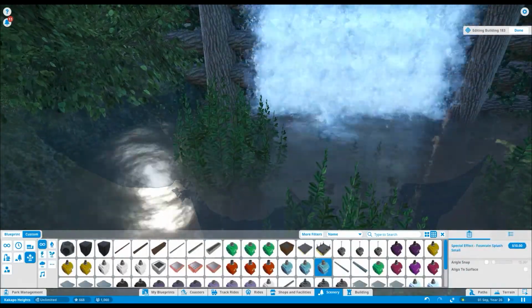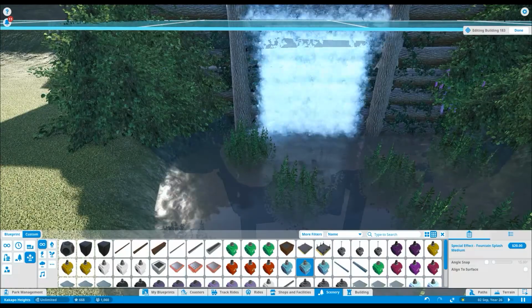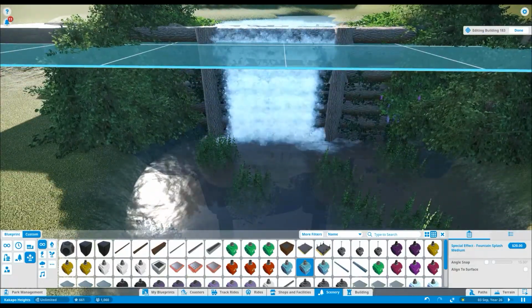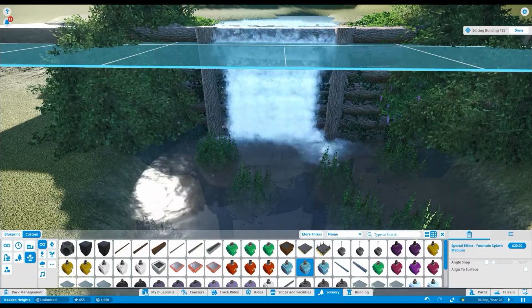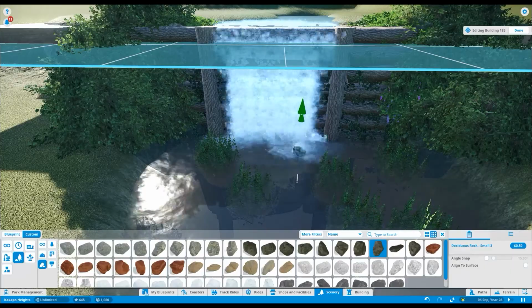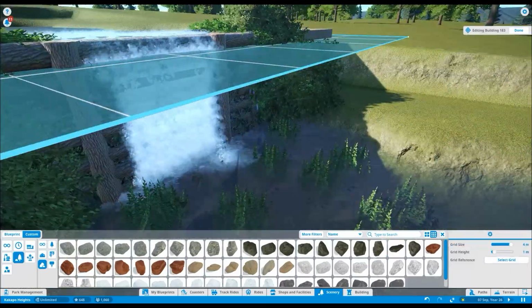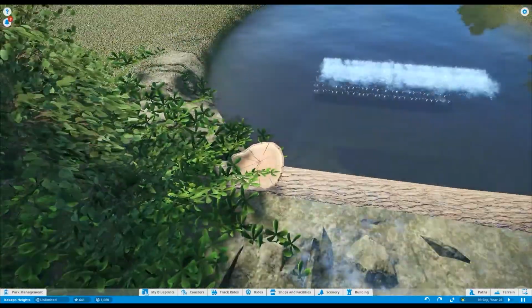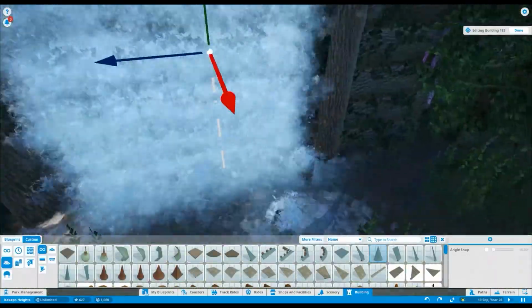So in the next video I'll come back and have a go at a weir with an arch, I think will be the next one, and then after that I'll have a go at a beaver dam, and then finally finish up with just a rocky waterfall, and then I will proceed with the Manor Farm video series and spend a fair bit of time